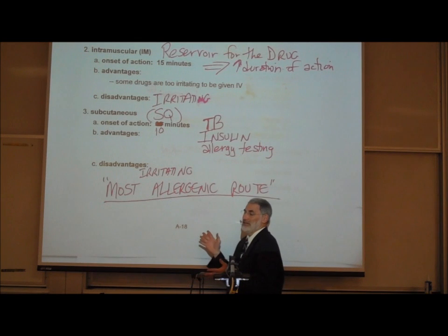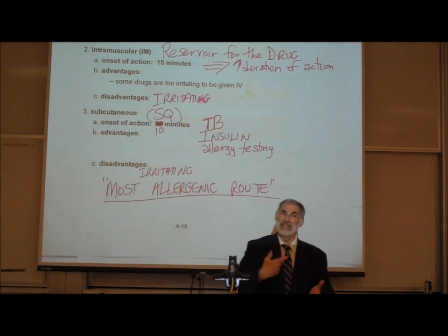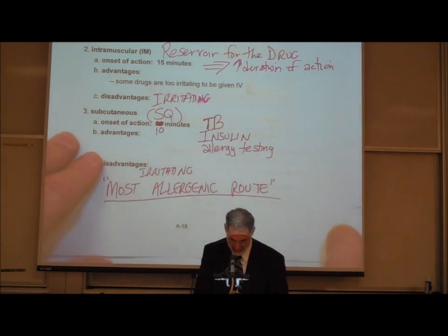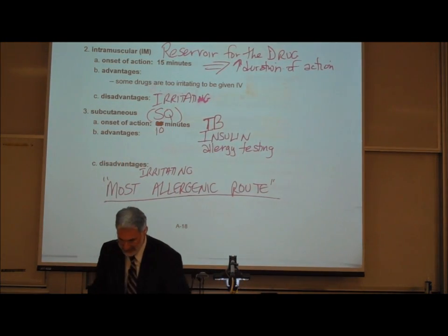So we mention this because if somebody is allergic to something and you give it sub-Q, they're really going to show a dramatic allergic reaction when it is given subcutaneously. On page A19,